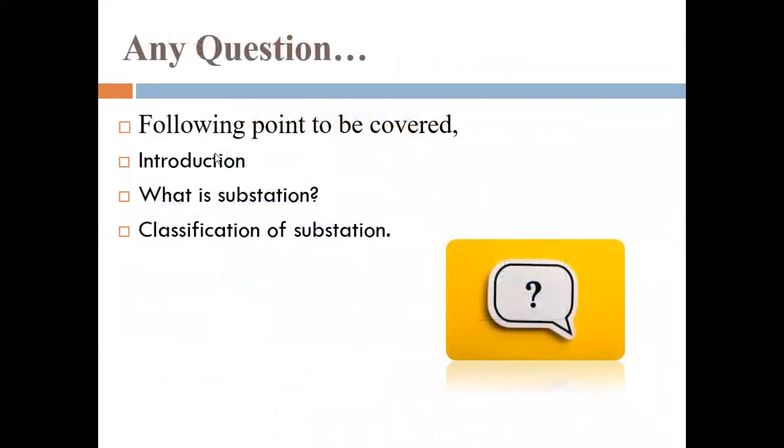So in today's session, what we studied: first, an introduction about the substation. When the power station produces the electrical supply and transmits it to our home, it uses two substations: first a transmission substation, and second a generating and distribution substation. Then after, the 2 marks question, what is a substation? This is a 2 marks question in the university examination. And then after, classification of substation is also a 2 marks question as well as a 3 marks question. So thank you very much for joining our sessions.